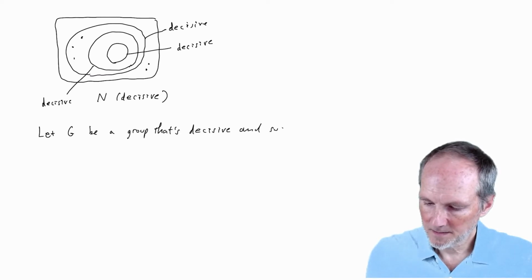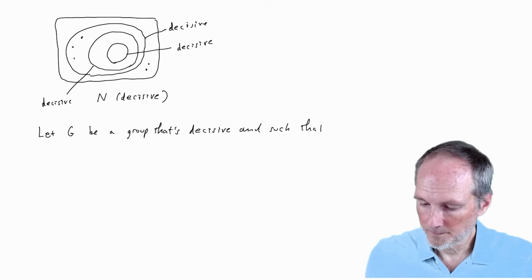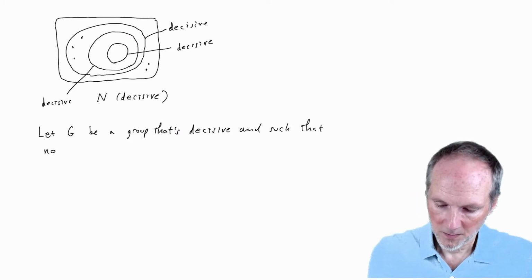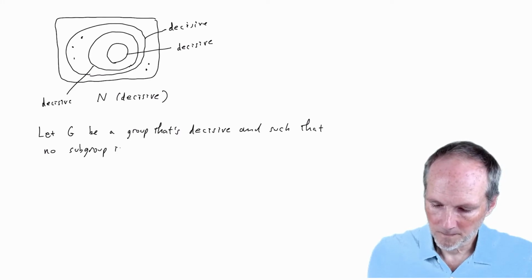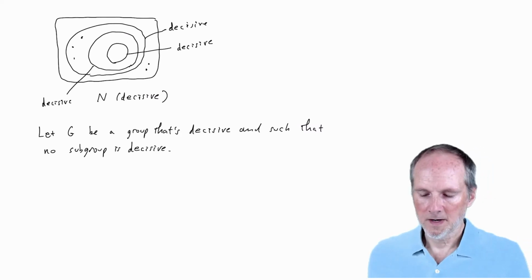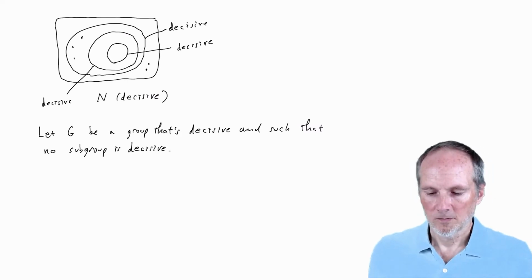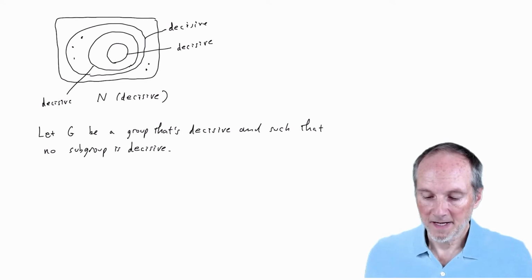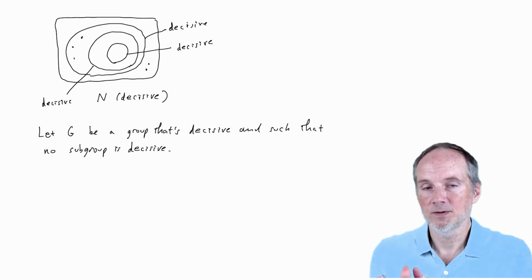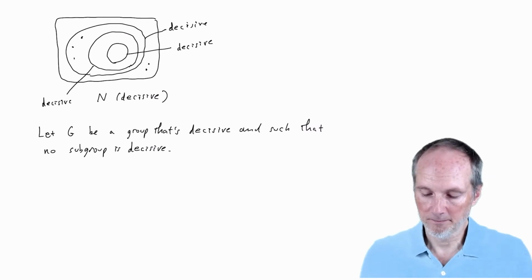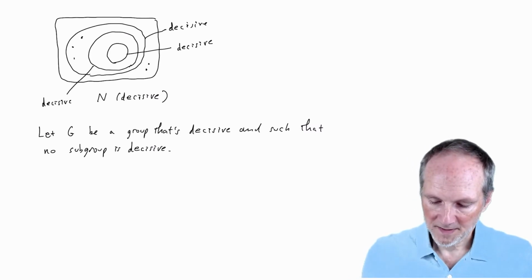And such that no subgroup of G is decisive. All right, so if we take anyone out of the group G, then it will no longer be decisive, okay? Well, by supposition,